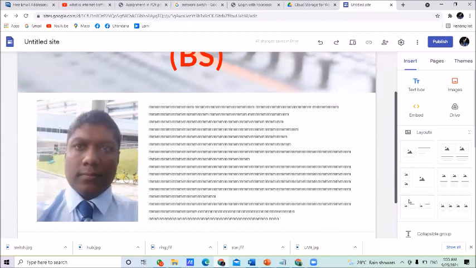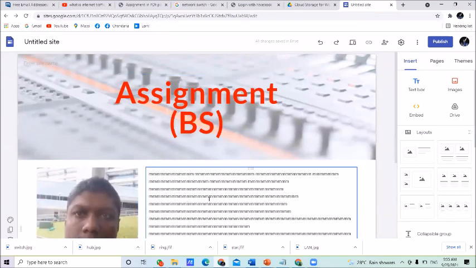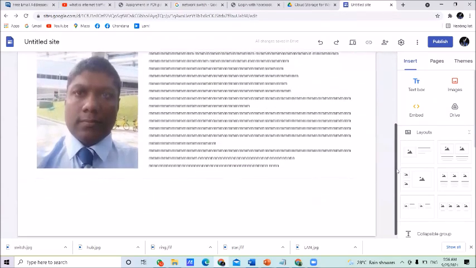At least you need these things, right? Title, then your picture and a brief description of you. Right. This is the first page of your e-booklet. Then we'll see how to add the assignment information. This first page is also known as the home page. Right. This is also known as home page.